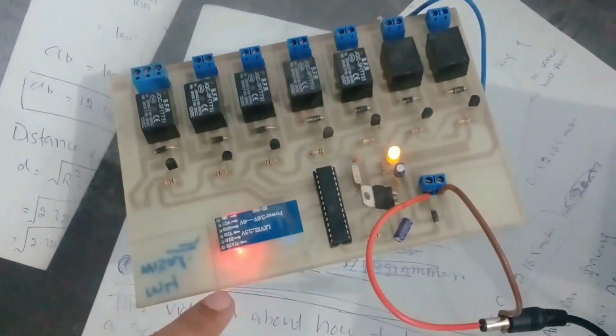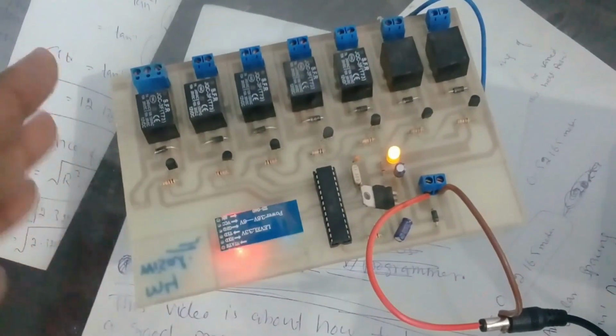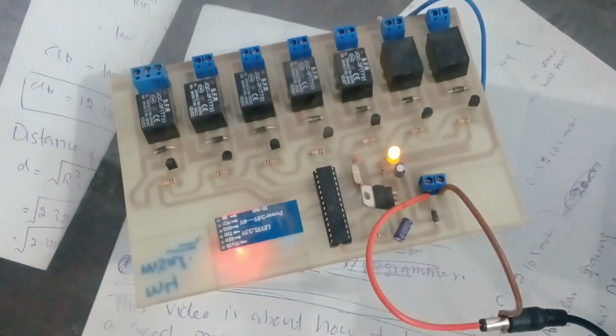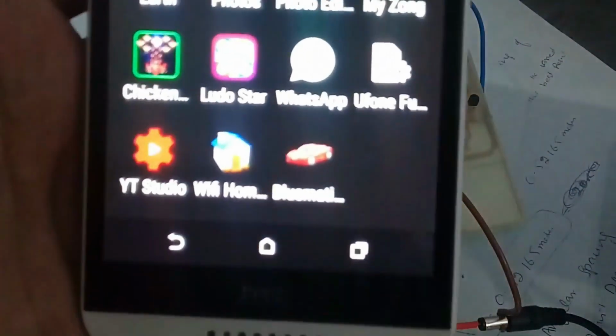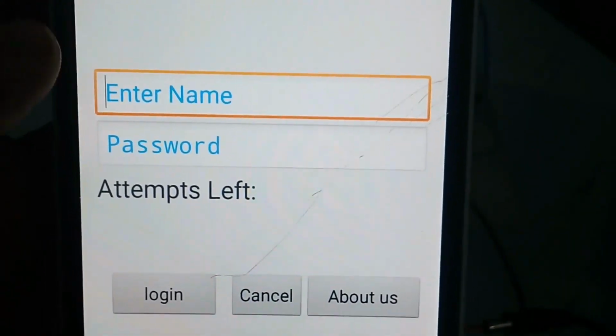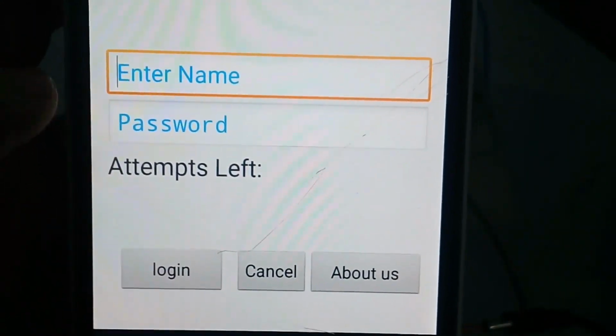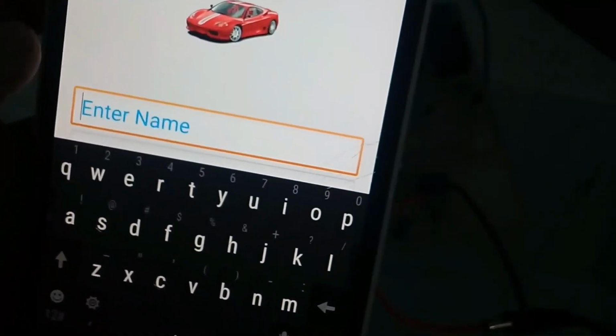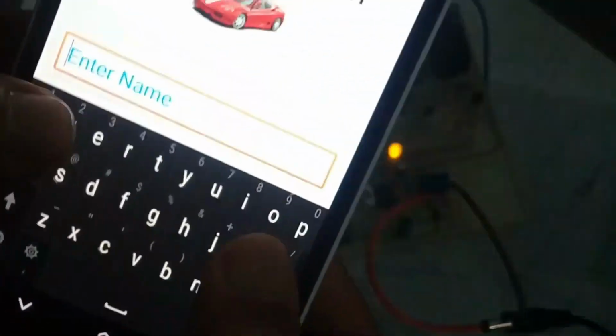As you can see, currently the Bluetooth module is blinking at a high rate, so it means that this Bluetooth module is not connected with any Android cell phone. So this is the Android cell phone, and this is the application. Just open this, and it's asking for the name and password. Currently the name is admin,